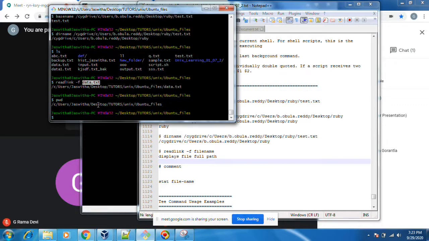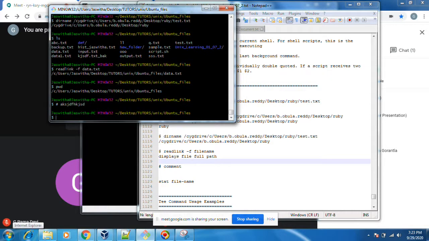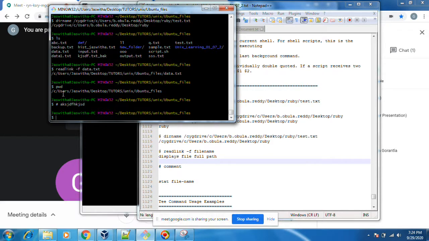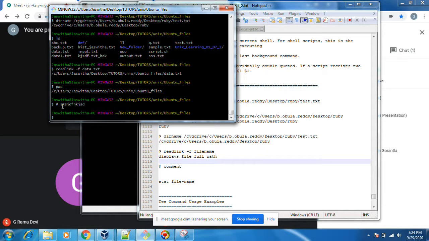These are called comment sections. If you write hash before anything, it will not execute. That is a single line comment.